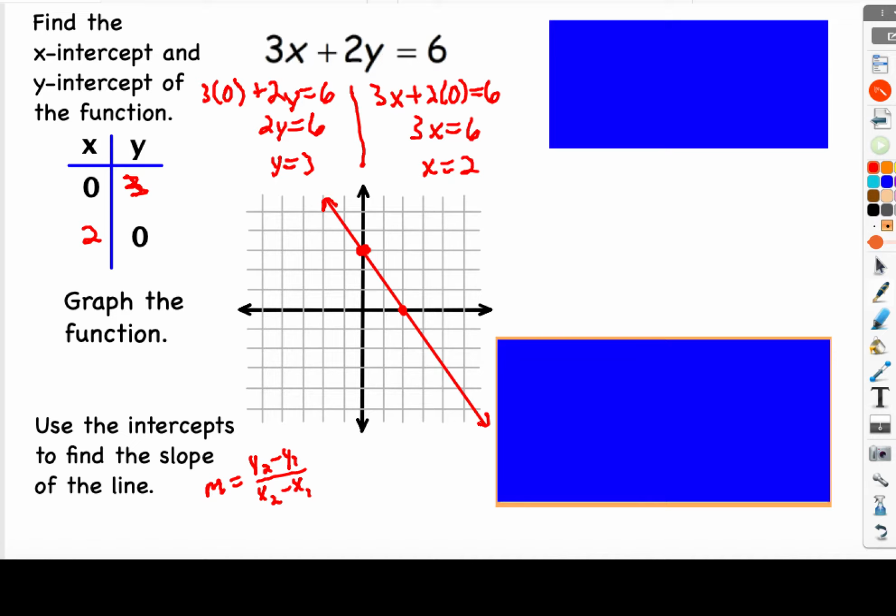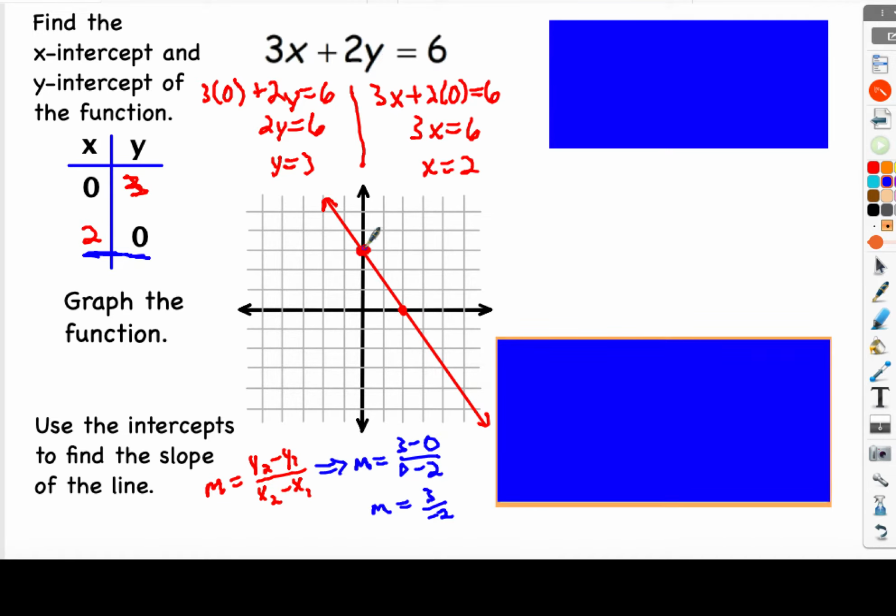Notice we could also find the slope, again, down here at the bottom. We wanted to find the slope of that line. We're just going to take our y coordinates and subtract them. So again, 3 minus 0. And the x coordinate that went with 3 was 0. The x coordinate that went with the 0 up here was the 2. And basically we end up with m equals 3 over negative 2, which is a negative slope, which makes sense